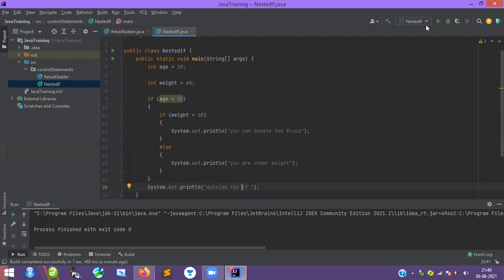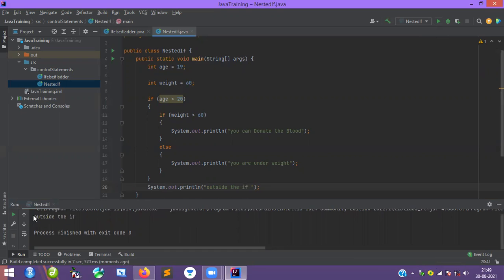That's it. Just run this and you will understand now. It is taking some time, I know. You can see, outside the if. This is how we implement the nested if, in a very simple way.